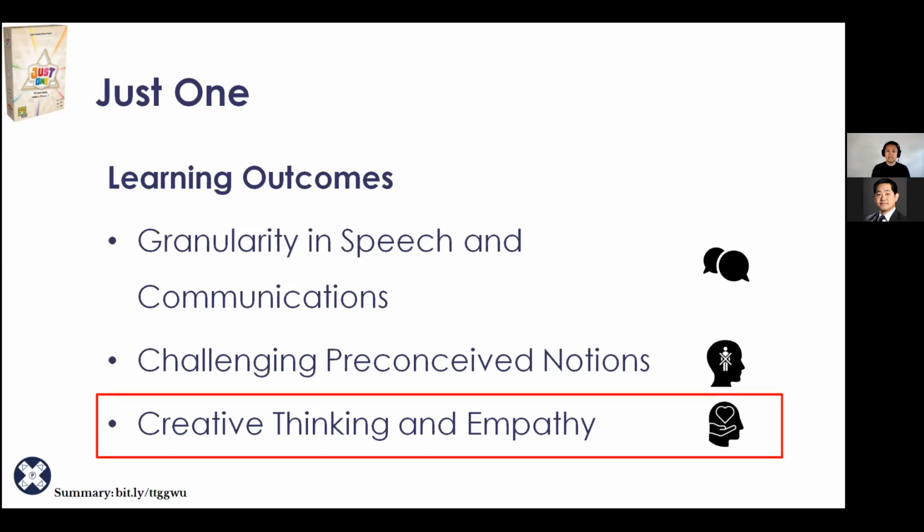And the last one is just creative thinking and empathy. So you may, again, be trying to communicate an individual thing to an individual person who is the active player, but you also have to think from their position. You have to demonstrate empathy in this role, in that you cannot just give them obvious clues because you'll probably cancel out with other players, but you also have to think about how that player would interpret each of those individual clues. So the better you happen to know the players in your group, the better you happen to know your classmates, the better communicator you will be whenever you play Just One.